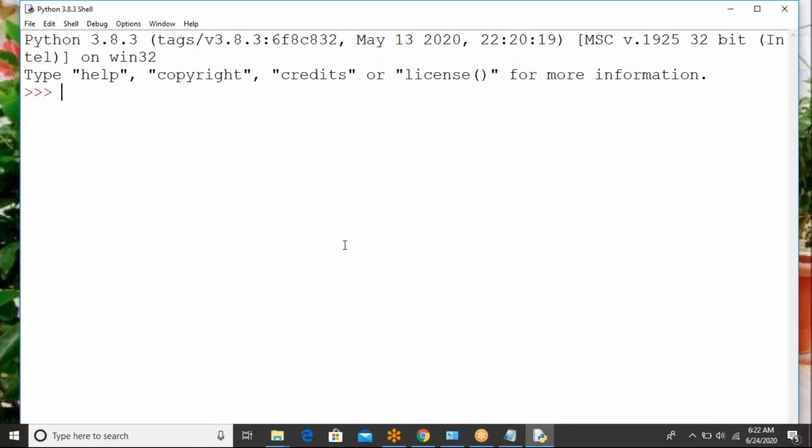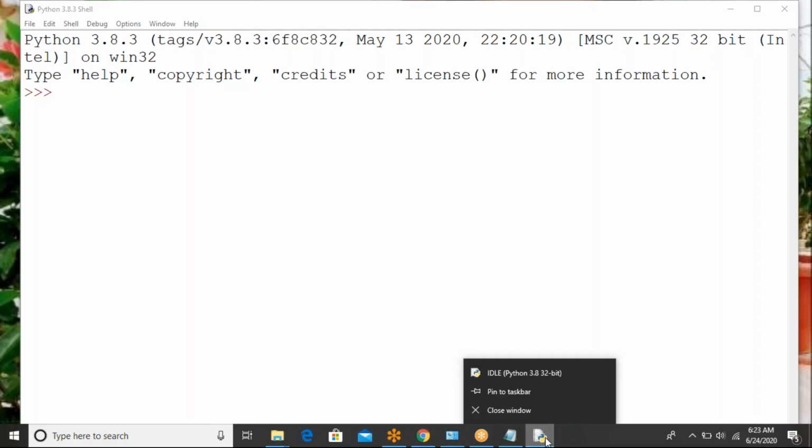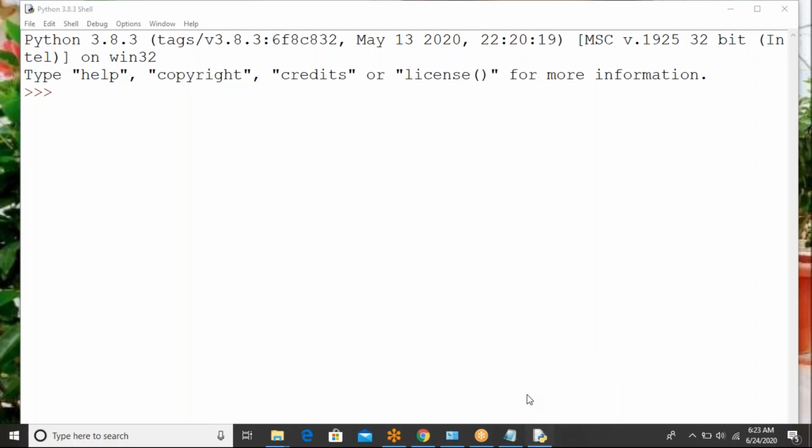So this is Python IDLE. You can right click on this on the taskbar and choose Pin to taskbar. Python is pinned to the taskbar, so that whenever you want, you can immediately go to the taskbar and click on it, and Python IDLE will be opened.